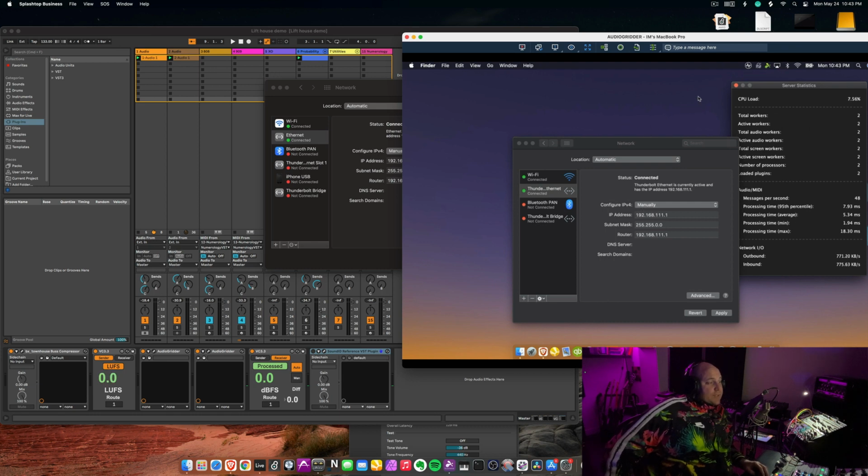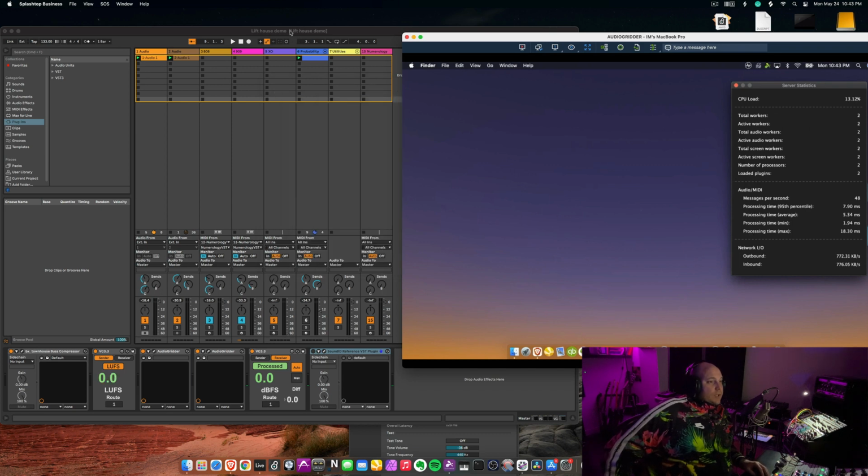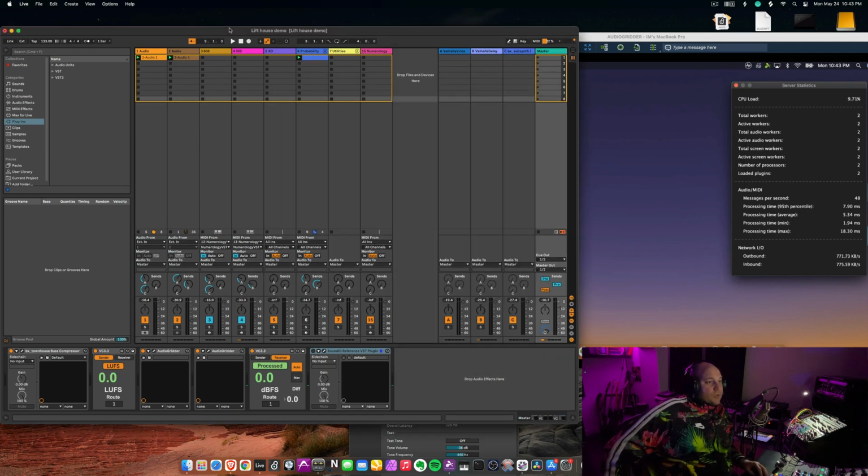I usually have this on my second screen, but I'm going to leave this here for the time being just to show you some tips and tricks on how to save some CPU load while you're using this. So I'll just hide this for the time being, and let's show you how that's set up. So you install the plugin on your host machine. I'm going to launch the plugin, and from here it's going to show you that it's connected to that router address,